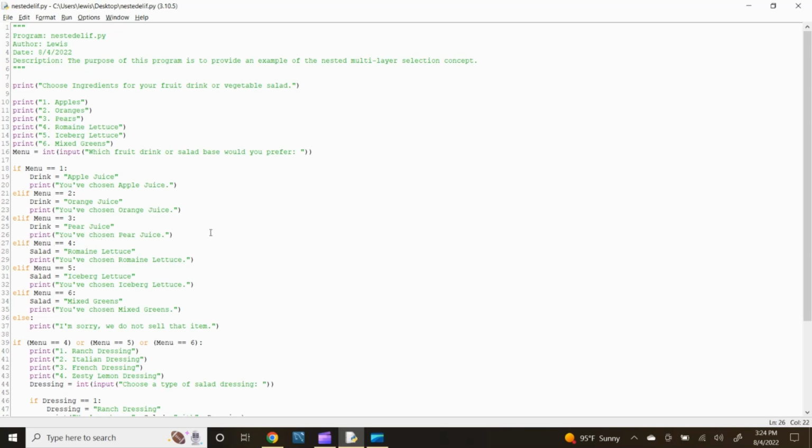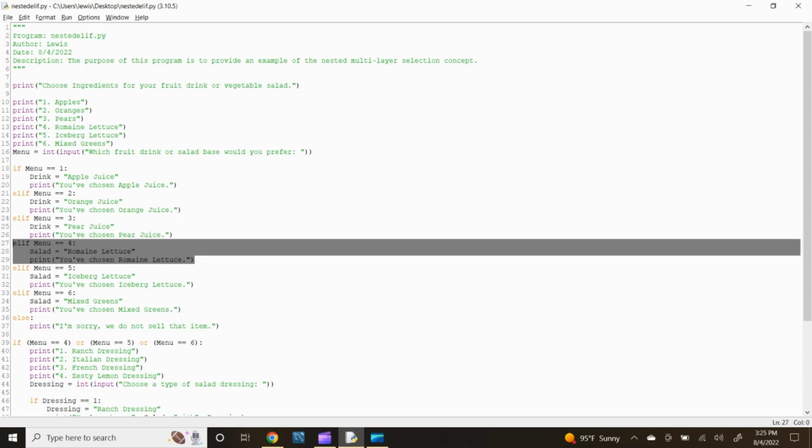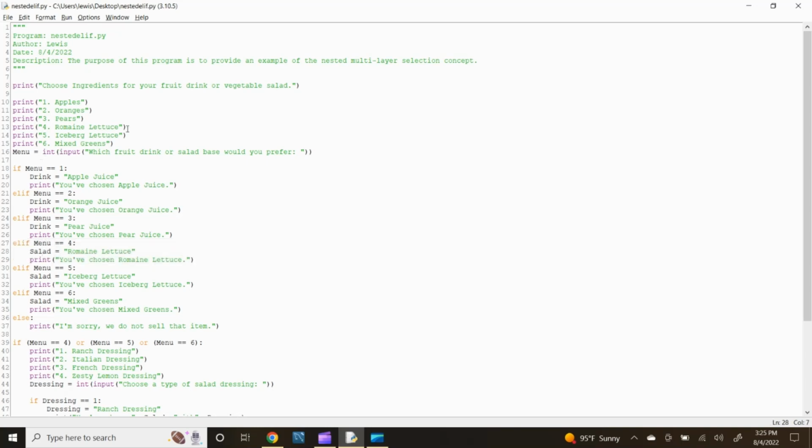Enter. Type ELIF menu, double equals 4, colon, press enter. Assign a statement to the word salad for this condition, therefore type the word salad equals, quotation, romaine lettuce, close quotation. Click enter then type the print statement for this condition. Type print, open parenthesis, quotation, then the statement, you've chosen romaine lettuce, close the quotation, close the parenthesis, then press